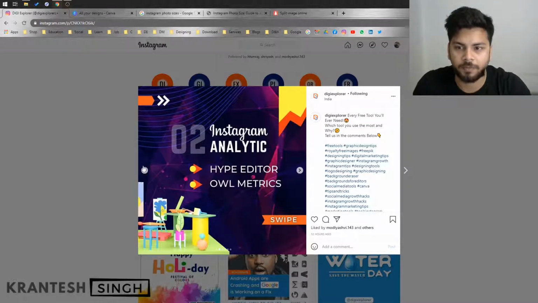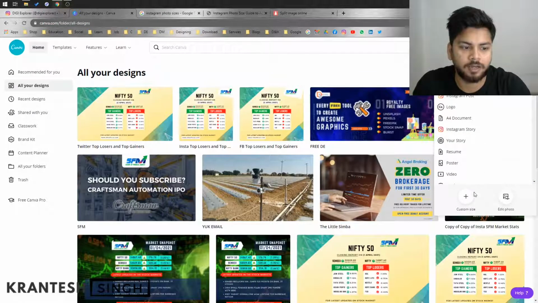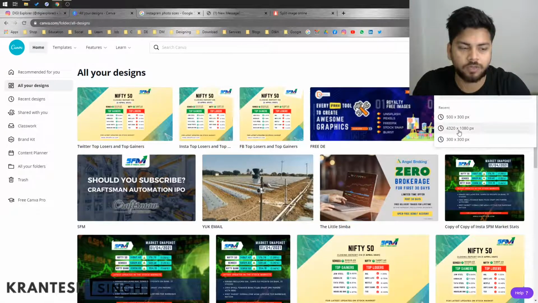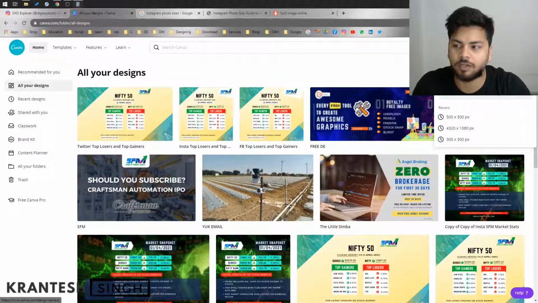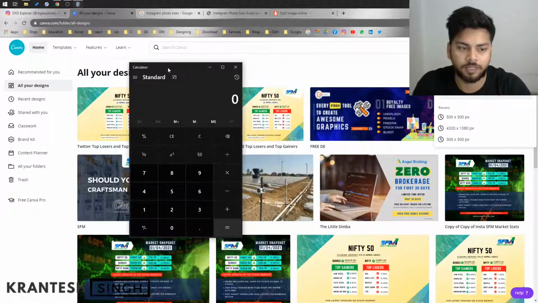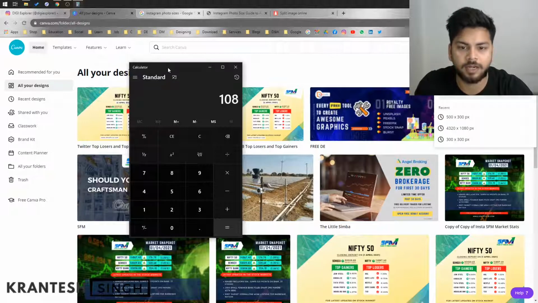Easily with Canva. Now you have to click on create a design, and go with custom size. Why custom size? Because if you are creating 10 images in one carousel, you have to choose the width accordingly. The initial image would be 1080 into 4, because you have to create it in two parts, as Canva does not allow 10,800 pixels.